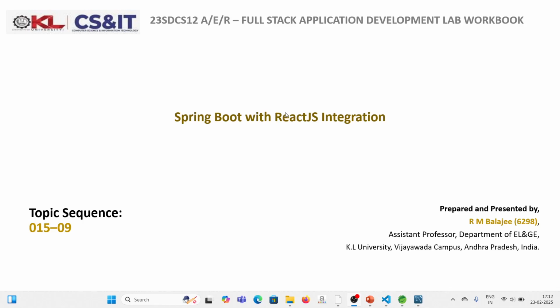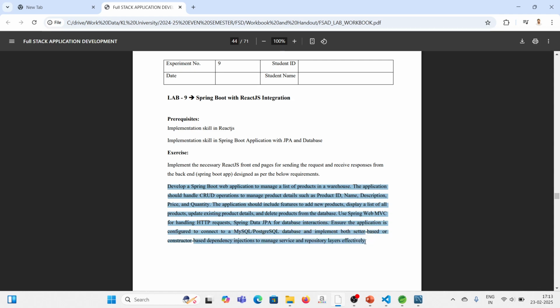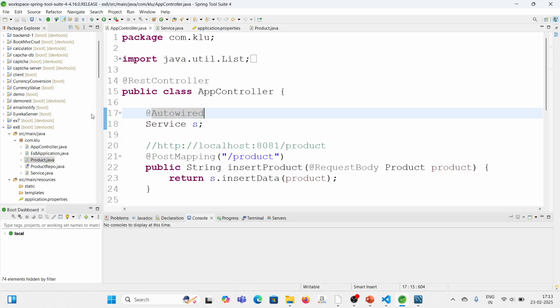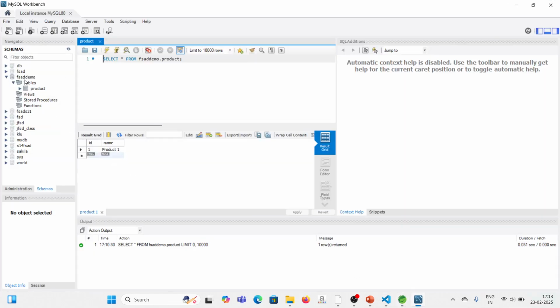Well, everyone, in this video, we are going to see about Spring Boot with ReactJS integration. It is a continuation of Experiment 8. Already we have done Experiment 8 with these details. That means we had created a product entity class with ID and name, and this product entity table is automatically got created in the database under FSAD demo,